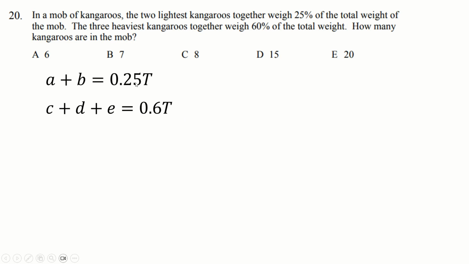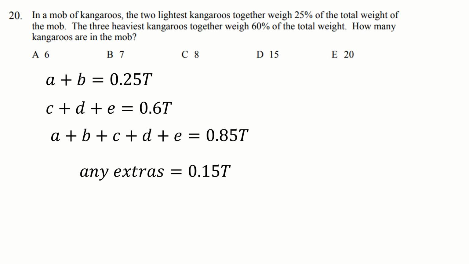How many kangaroos are there? Well, if we add these two results together, we get 85% of the total weight. So somewhere, some other kangaroos weigh 15% of the total weight. Now let's think this through clearly, because if there are two kangaroos in this extra pile, and they together weigh